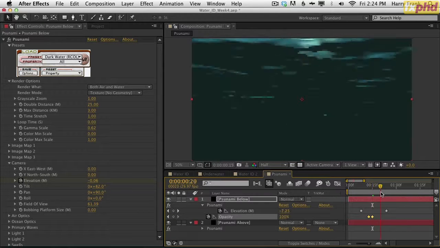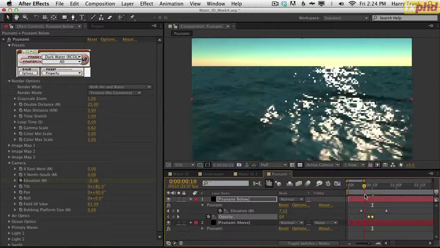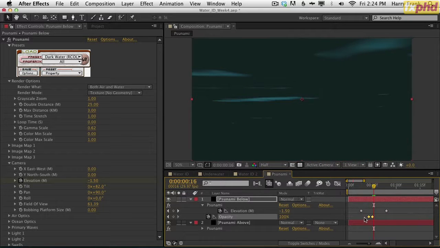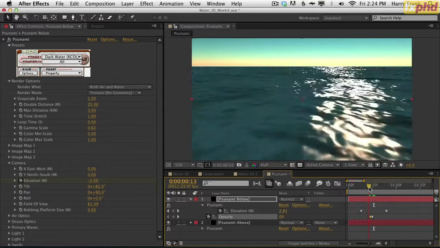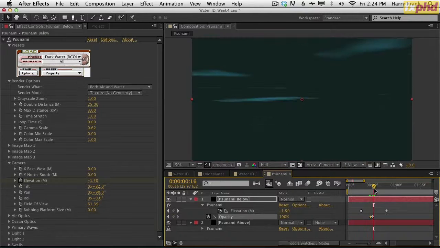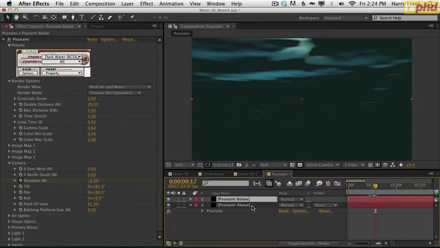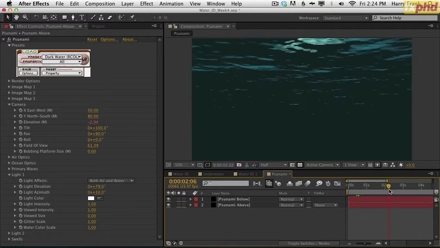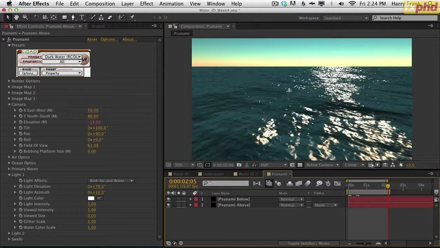Now, as this goes below the surface, we're going to add some bubbles and stuff, splashing bubbles, to add to this transition. Looks like we're pretty good. And actually, I'm going to try getting away with